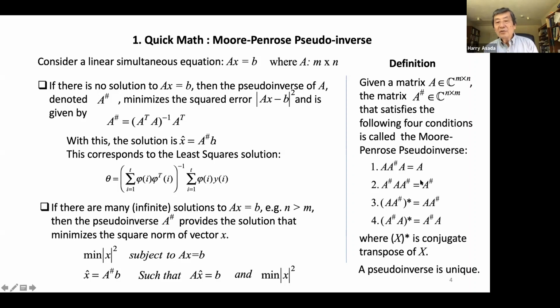And that is to provide these properties. So, this has a physical sense, okay? This has nice properties. And you can use these four conditions as properties of this pseudo inverse. Okay, now,